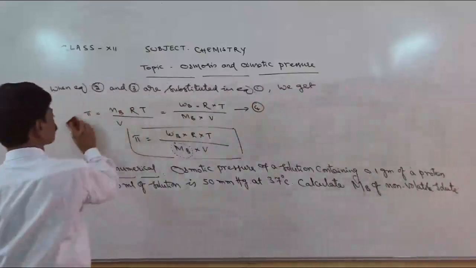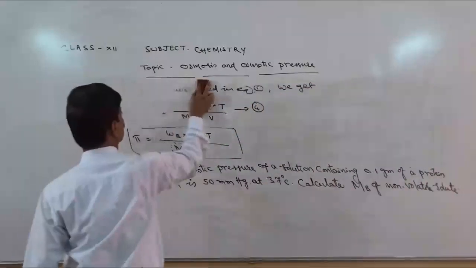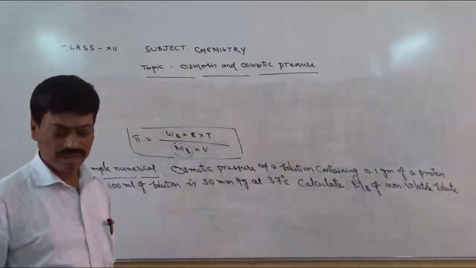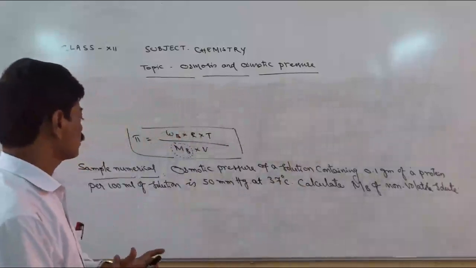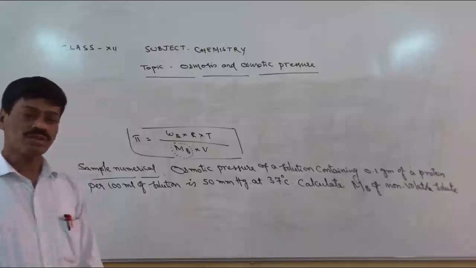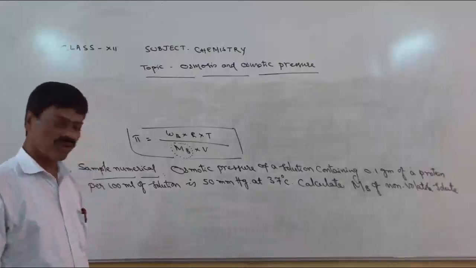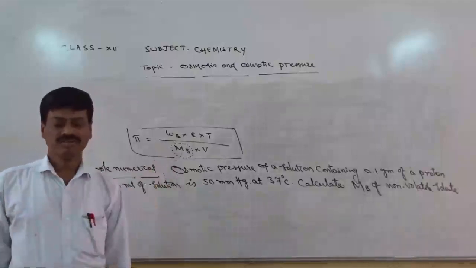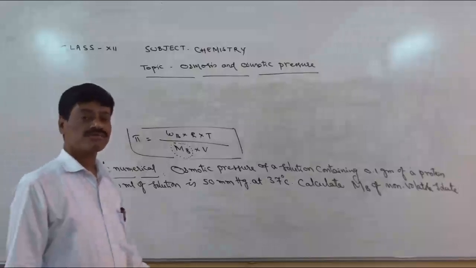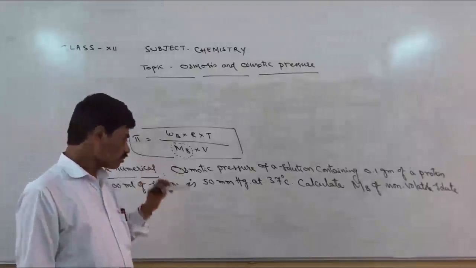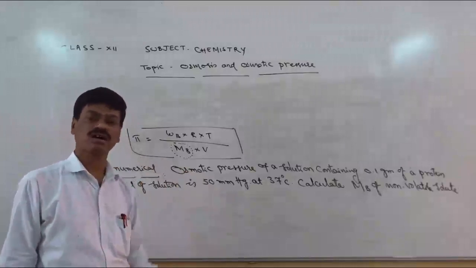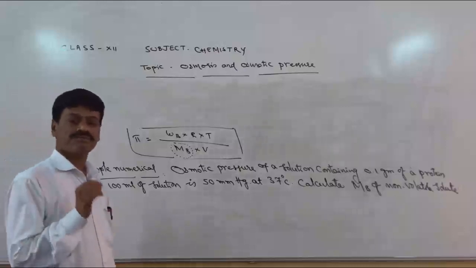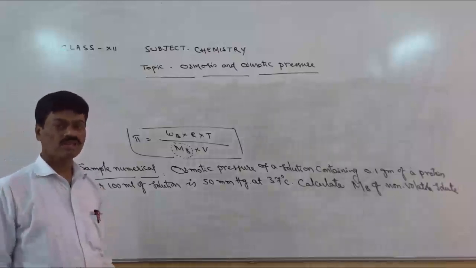As usual, you need to go through the numerical and write the data given in the numerical. As I told you earlier, in the case of depression of freezing point, like that numerical which was taken immediately after the depression of freezing point topic. Similarly here also, if this numerical carries 2 marks, then 2 marks are divided into half into 4. Half plus half plus half plus half equal to 2 marks.